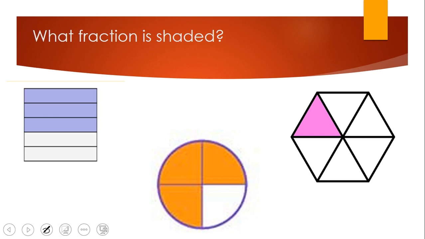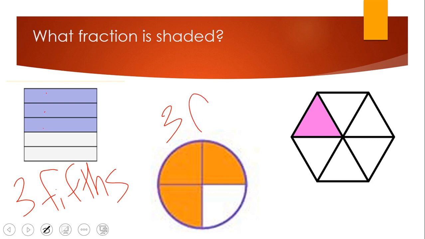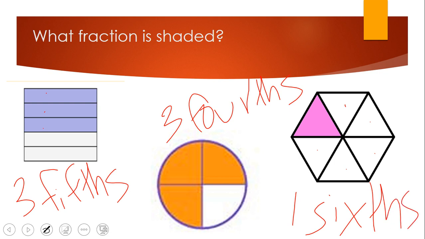So if I was looking at these ones and I was going to use their names, I would start by writing the number of what's shaded. So the first one is 1, 2, 3. And then there's 5 altogether, so I would write 3/5, okay? Then for the circle, I have 3, and it's 4 parts, so I would write 3/4. And then up next, I have 1, 2, 3, 4, 5, 6, so I would write 1/6, okay? So the part that's shaded is the number, and then the actual amount that it's cut into is the name